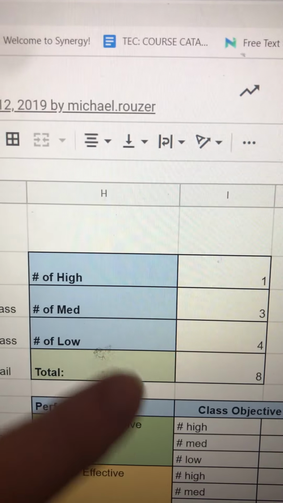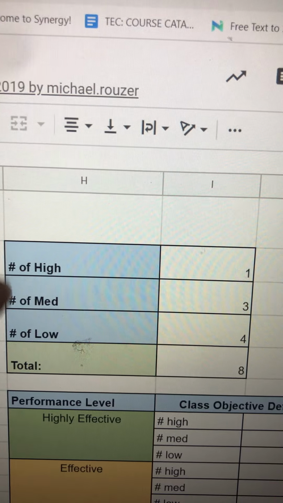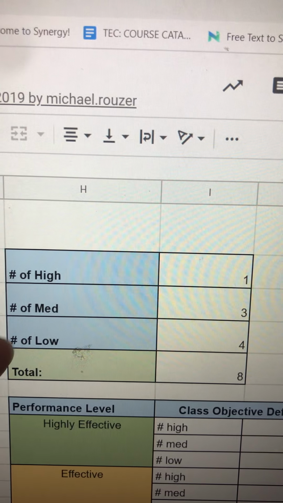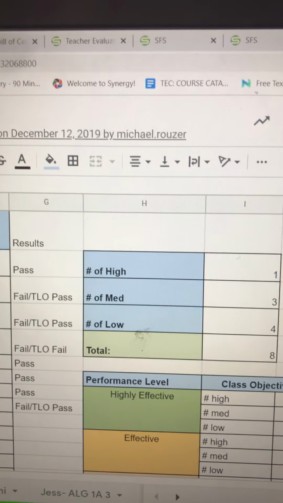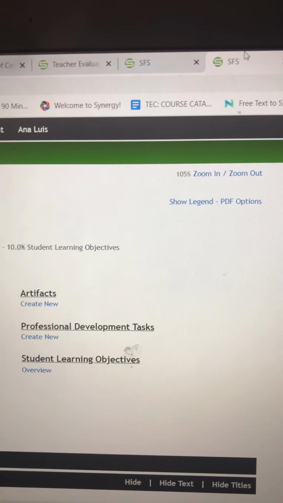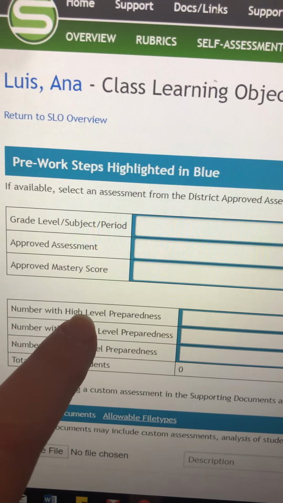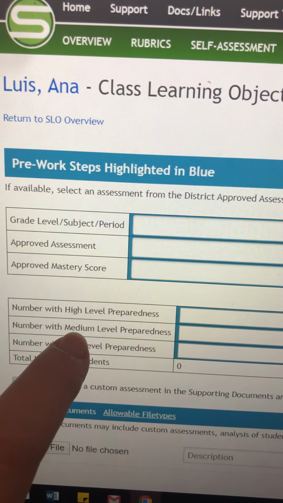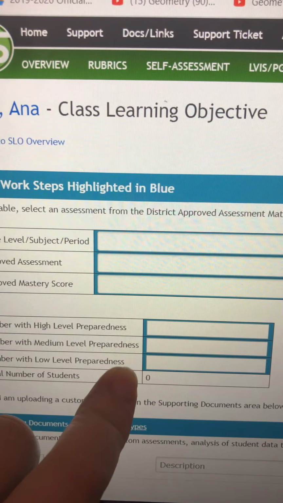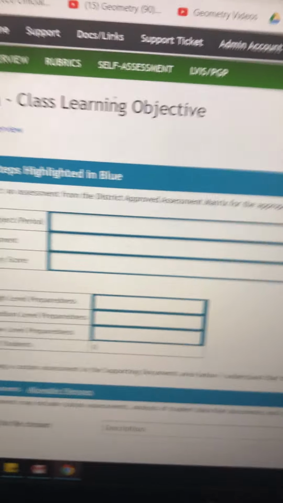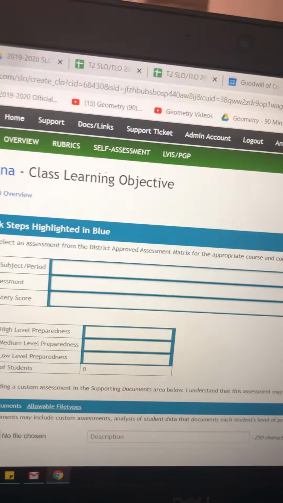Okay, so over here to the right, you have your original number of high, medium, and low students. Okay, so Sarah had 1 high, 3 medium, and 4 low. In your SFS, that's what you are going to put in here. So when it says number with high level preparedness, number with medium level preparedness, number with low level preparedness, you'll be putting those numbers from the Google Doc here. Once you do that, you're going to go ahead and scroll down,